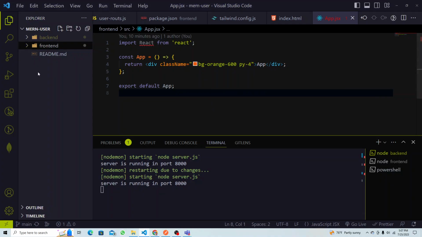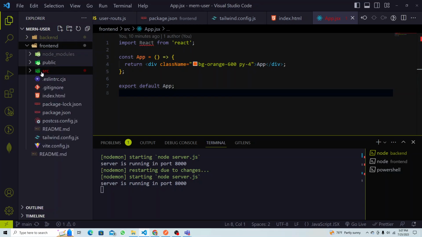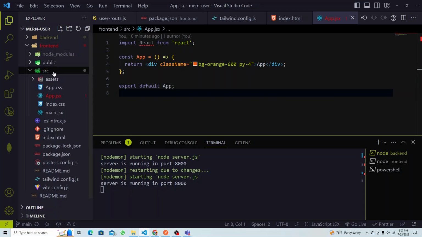Routing, right? So we have learned about routing before. How we're going to structure here. So this is the source folder, asset, here is the app, and